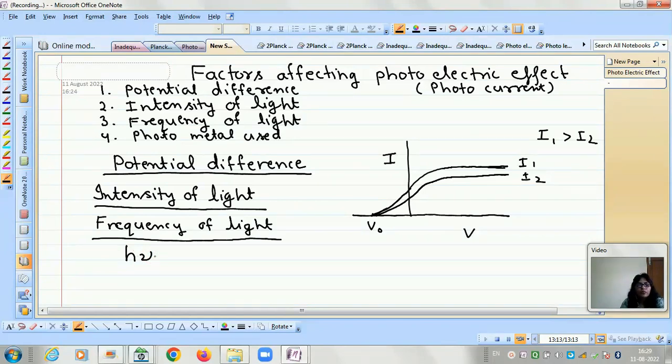For a given frequency, the energy of the photon is h nu, and with this energy of the photon, electrons are emitted. So it is observed that there is a certain frequency, known as threshold frequency,